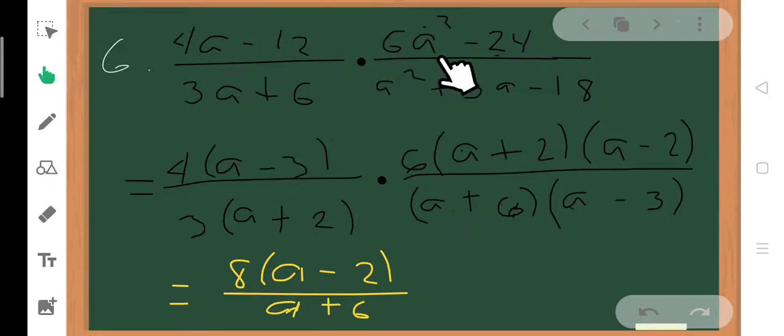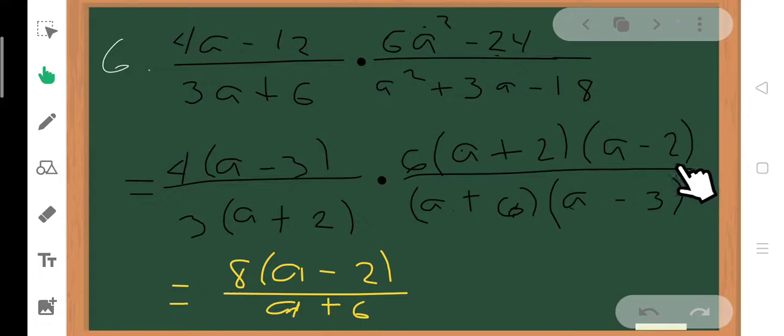As you could see, a squared minus 4 is a difference of two squares. So these are the factors of a squared minus 4: a plus 2 and a minus 2. So the factors of 6a squared minus 24 are 6 times the quantity of a plus 2 times the quantity